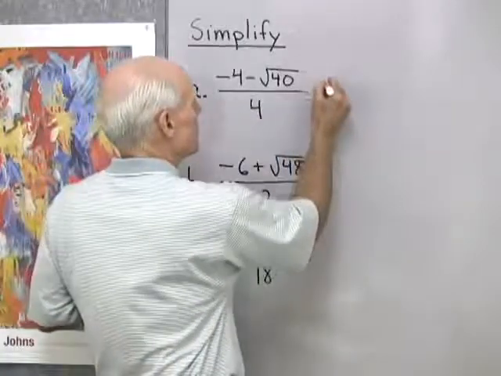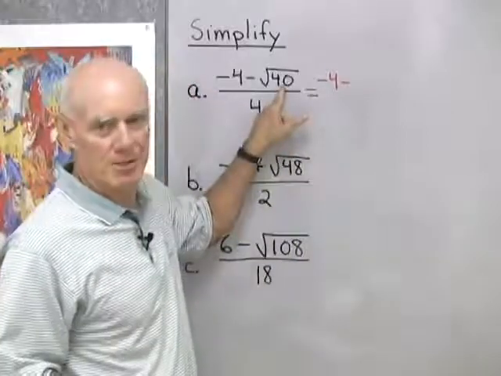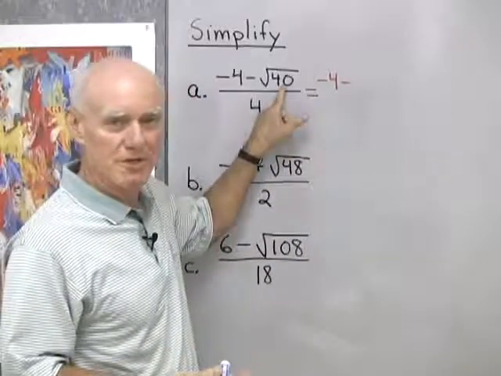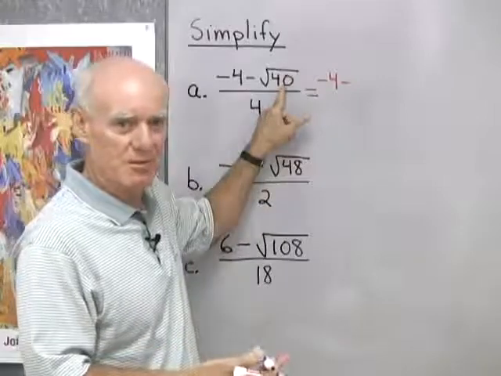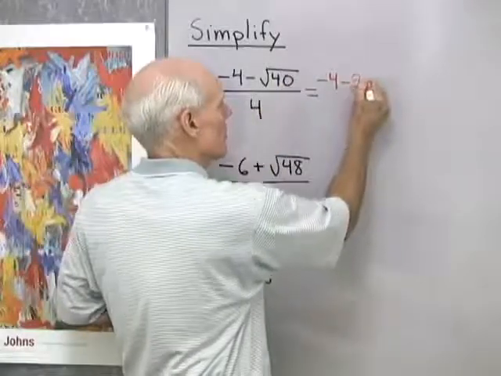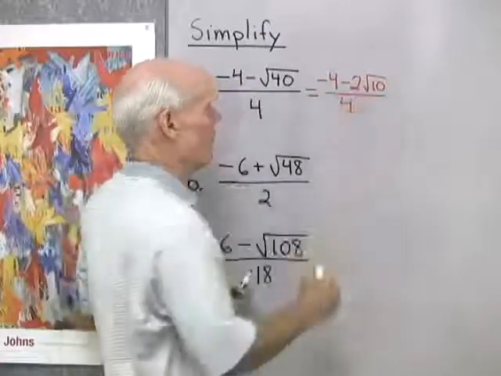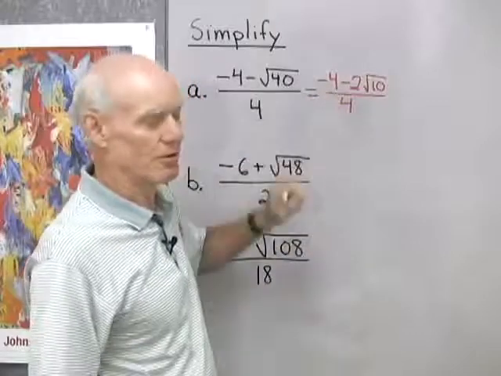So what I'm going to do is simplify the radical first, and I know that 40 is 4 times 10. So square root 40 is going to be square root 4 times square root 10, and that square root 4 I can write as 2. So 2 square root 10, all divided by 4, and then what I'll do is take the greatest common factor